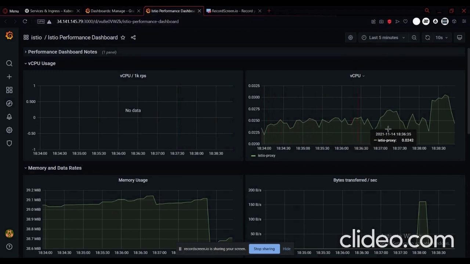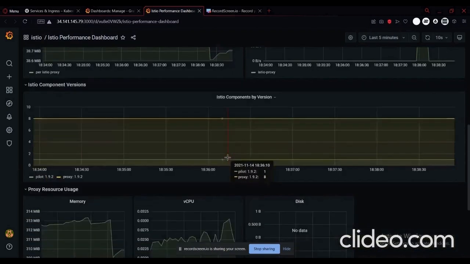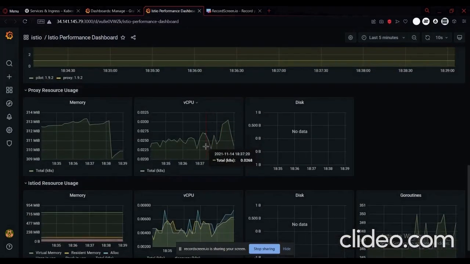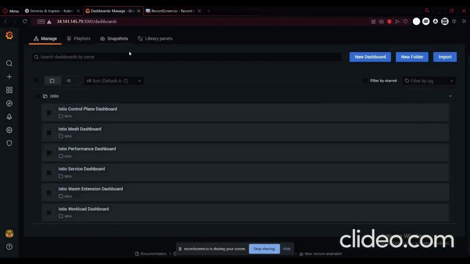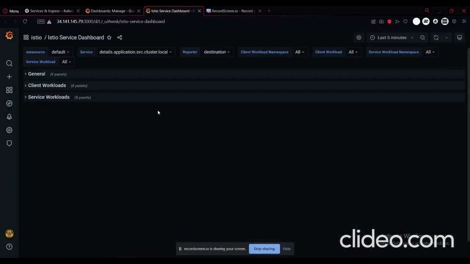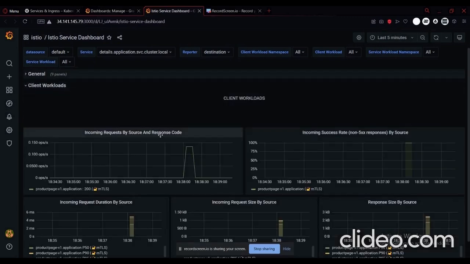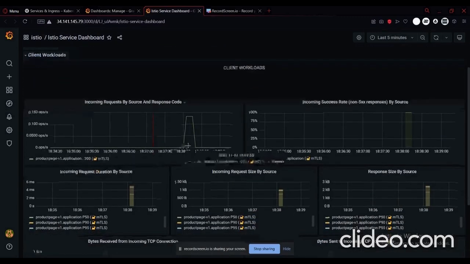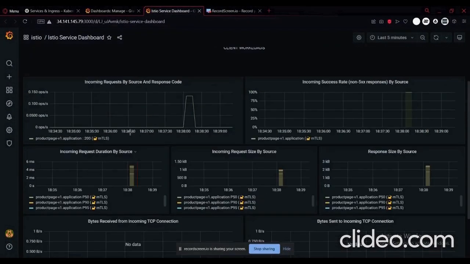We can see different graphs: CPU, memory usage, disk usage, and the service dashboard. We have here different metrics with the requests, response sizes.